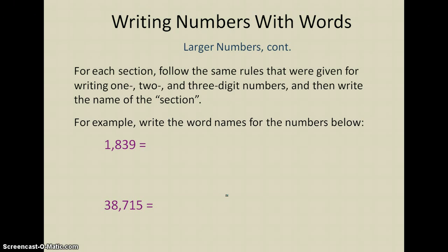So what we're going to do is for each section of the number, we're going to follow the same rules that we used before for writing 1, 2, and 3-digit numbers, and then we're going to write the name of that section or period. So let's look at the first example here, a shorter number. We've got the number